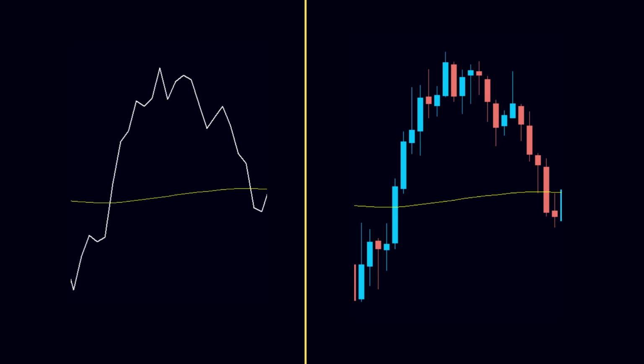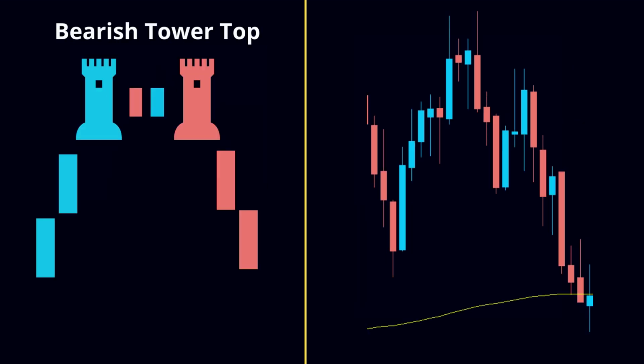Without hesitation, I launched a sell order with my sights set on the 200-day exponential moving average as the ultimate take-profit target. Furthermore, I observed another intriguing pattern, a double top, often referred to as the bearish tower top. Despite not engaging in this trade due to the day being a Friday and my focus being somewhat compromised, it's essential to acknowledge its potential. Many traders could have capitalized on this opportunity by aiming for the 200-day exponential moving average as a prudent take-profit